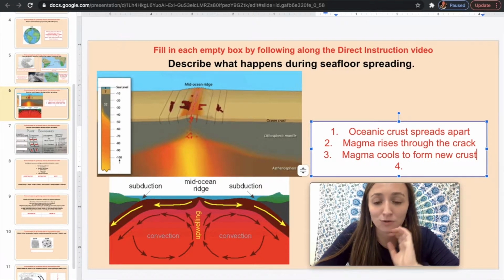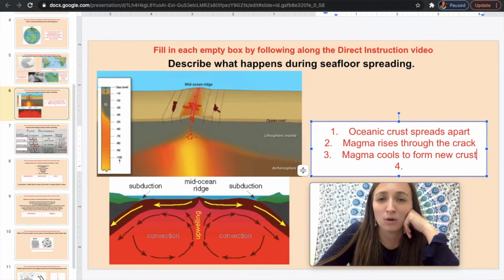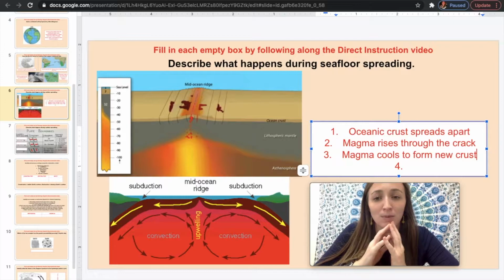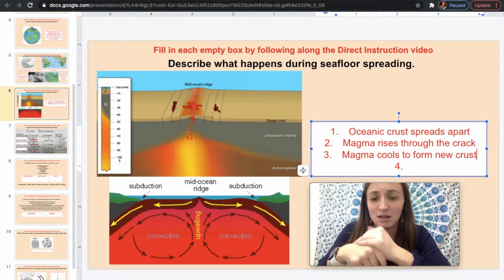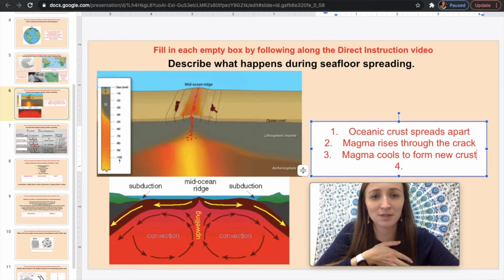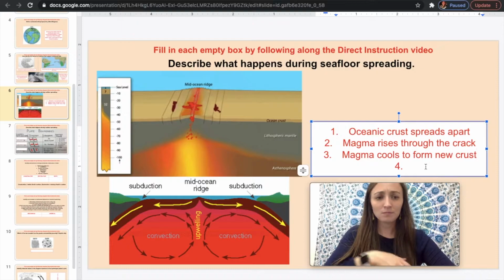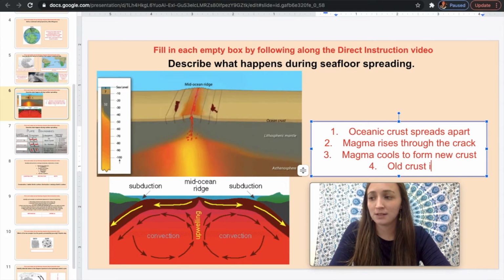So this is a major throwback. You can think about that igneous rock. Remember how we talked about magma or lava cooling and hardening to become a rock? That's exactly what is happening here. So that magma comes up, it cools off, forms a nice rock to form a new crust. So then that old crust is destroyed at